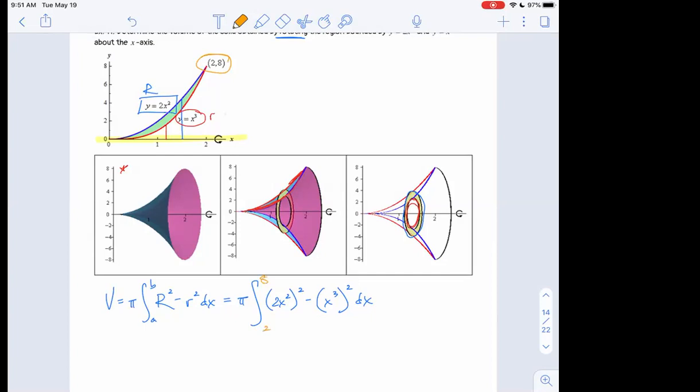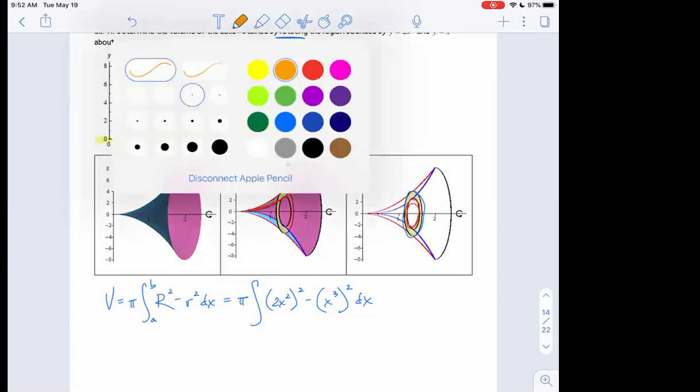But keep in mind that the bounds should not come from the same point, because what you have right here, the bottom number is an x value and the top number is a y value. And that's the one no-no about our setups, right? We have to have all x's and dx's or all y's and dy's. So that's one reason why this 2 to 8 is wrong. But the other reason is because it doesn't give us a starting point and a stopping point, all right? So if we get rid of that,